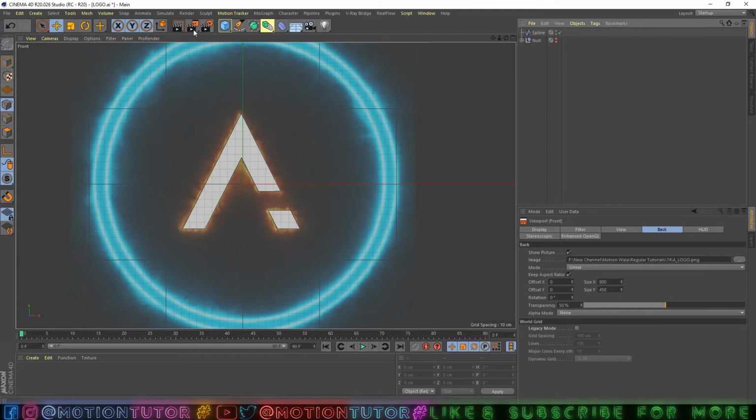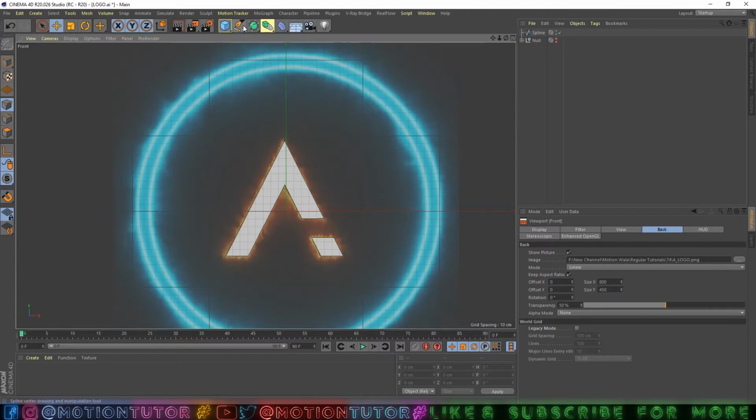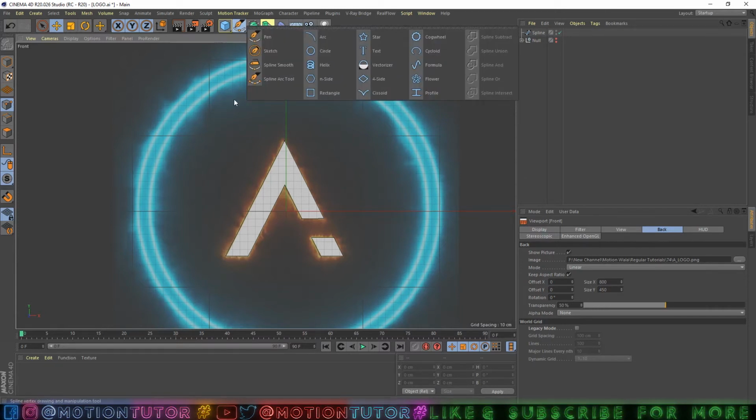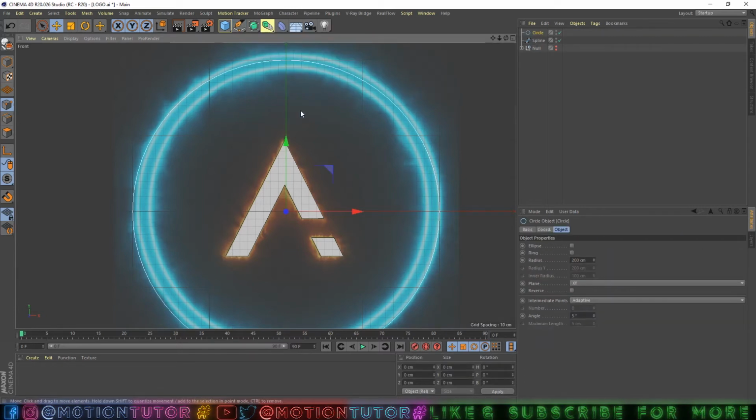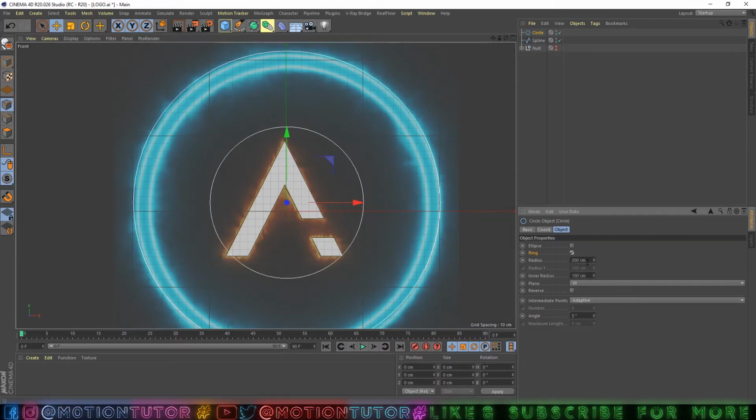And for the circle, you don't need to trace it if you have a circle or a rectangle, because you can get the circle in multiple ways in Cinema 4D. First of all, you can simply add the circle here, and then you can check the ring option and increase the radius.